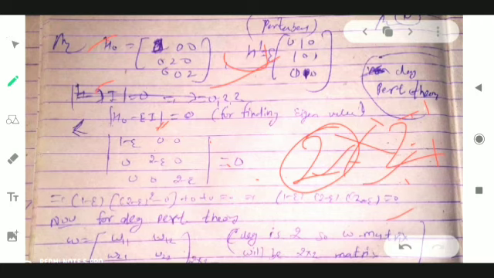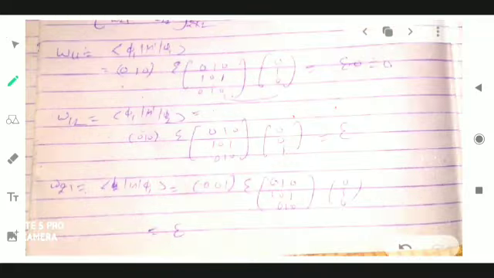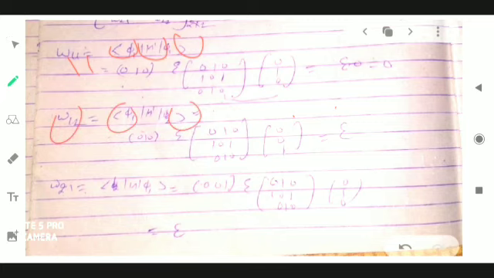I already told you how we can solve degenerate perturbation theory questions. So we will make a W matrix, that is W11, W12, W21, W22. Now we will find the values of W11, W12, W21, W22. How can we find W11? For W11, the functions will be phi1 and phi1 with the perturbed Hamiltonian, for W12 that will be phi1 and phi2, for W21 phi2 and phi1, and for W22 phi2 and phi2.